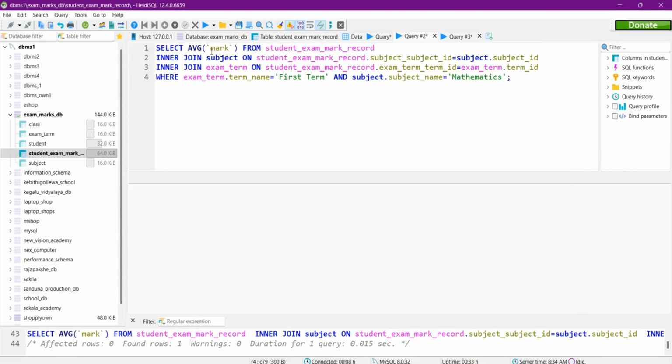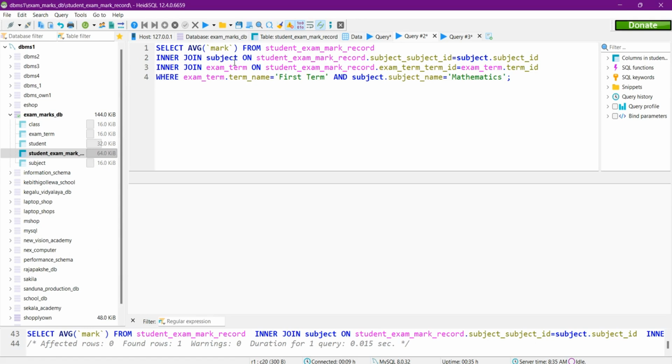First of all, we have mentioned that we need to find out the average of the marks, and that's what we have written here. If you want to find out the average of all the marks, you need to use this keyword called AVG. This keyword helps you find the average of the marks. The mark column is in the student exam mark record table, and after that we have joined two tables,